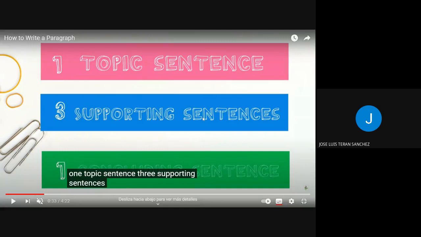For example, if I say, hey guys, let's eat some pizza, they will instantly ask me, but why? Because it's 7 p.m. and we are hungry, and perhaps we need to work later, and it's better if we can eat something before. I'm supporting my idea of eating a pizza, because if not, they will need to ask why,